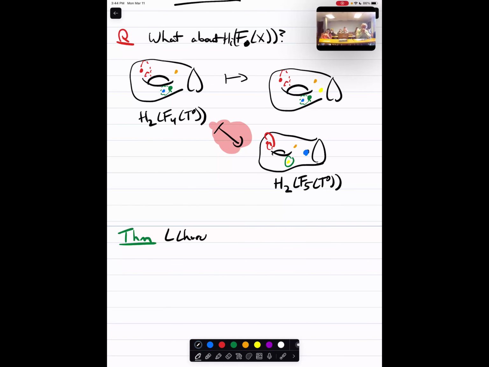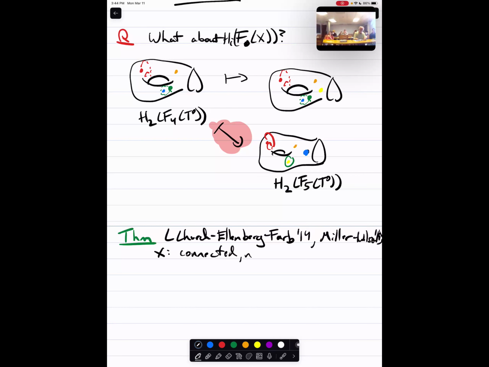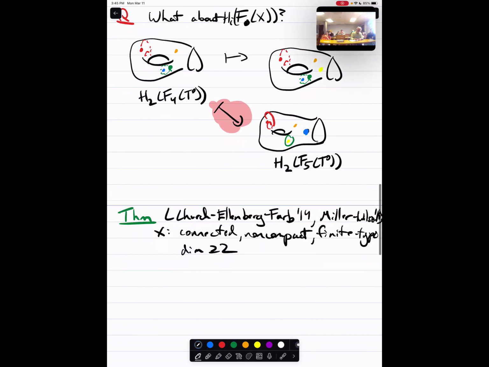So it's a theorem of Church, Ellenberg, Farb in the oriented case, and this is 2014, and this was extended to all manifolds by Miller and Wilson, that if X is connected, non-compact, finite type, so right, doesn't have an infinite number of genus or things like that, or punctures, and dimension at least 2 again, then for all